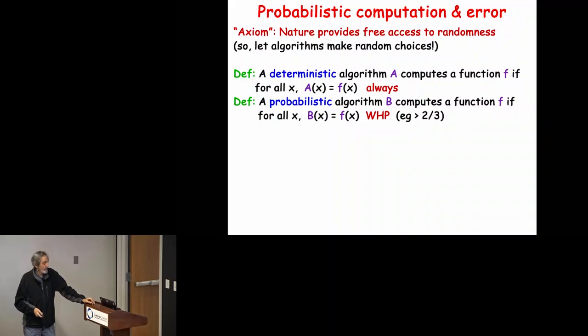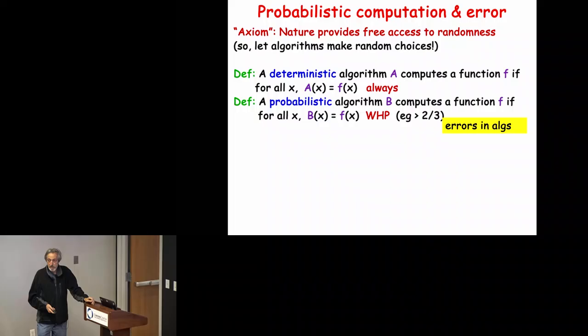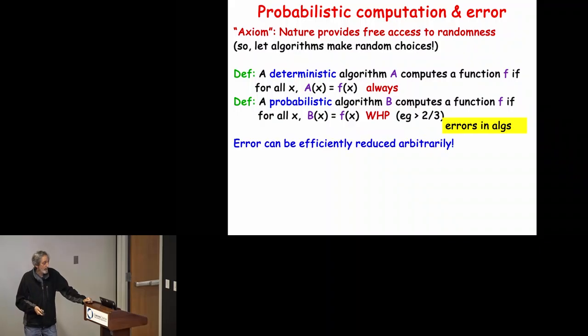That's the difference. So it's still of value, right? Because this algorithm still uniquely determines the function. This number is bigger than 1/2, let's say 2/3. So that's where we introduce error in algorithms. We still allow some error in the computation here. And this 2/3 is pretty arbitrary. If you have an algorithm like this, you can easily reduce the error as much as you want.